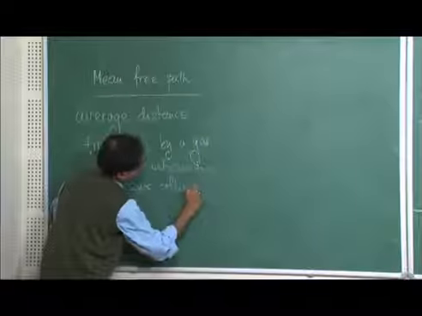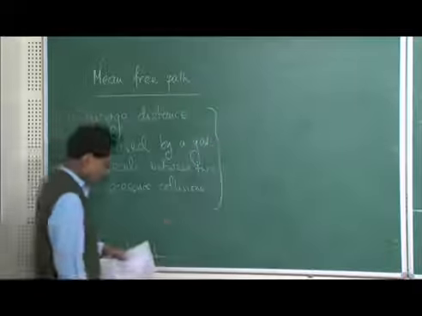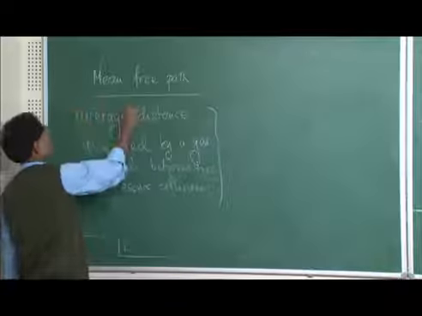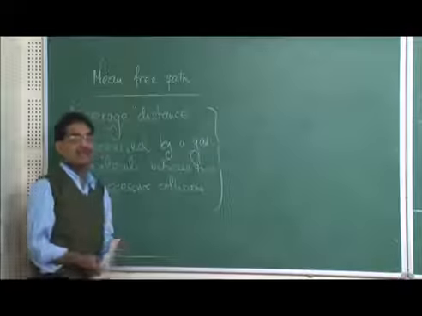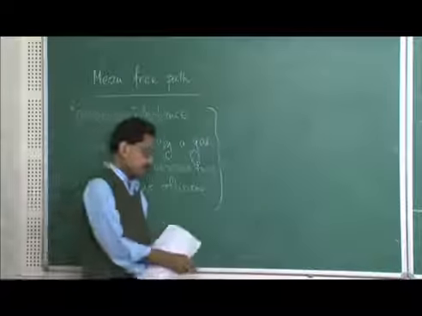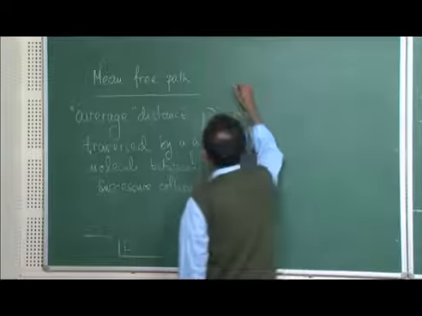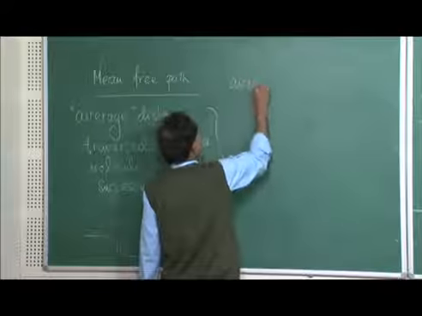This is what I defined as the mean free path. What is important is average. I told you everything we derive in this set of kinetic theory lectures is an average. So I define again the average speed